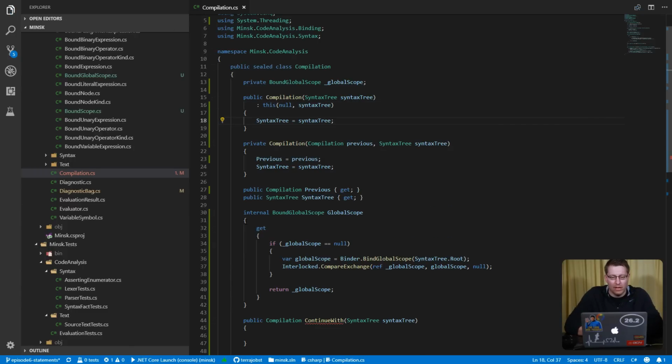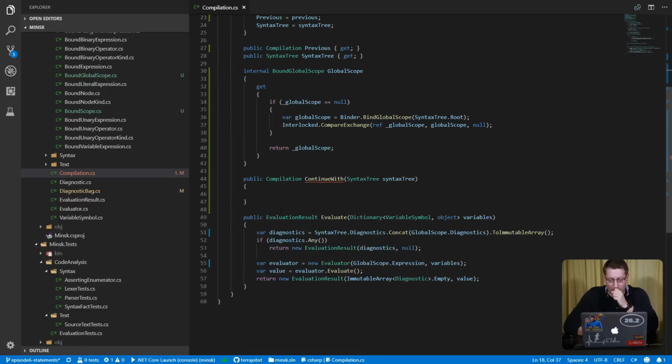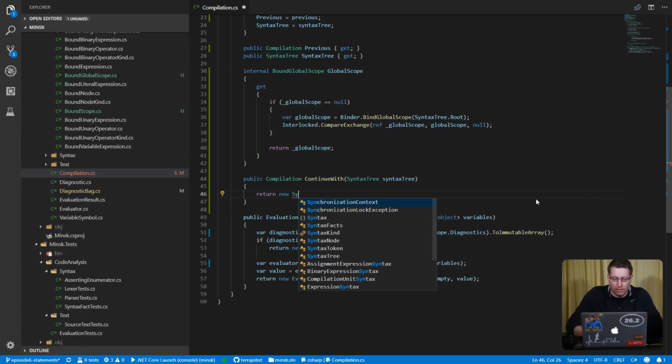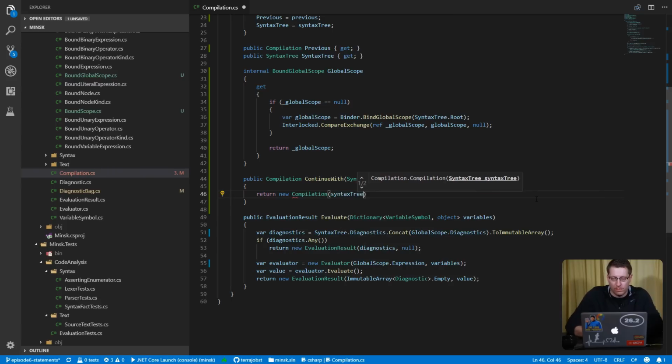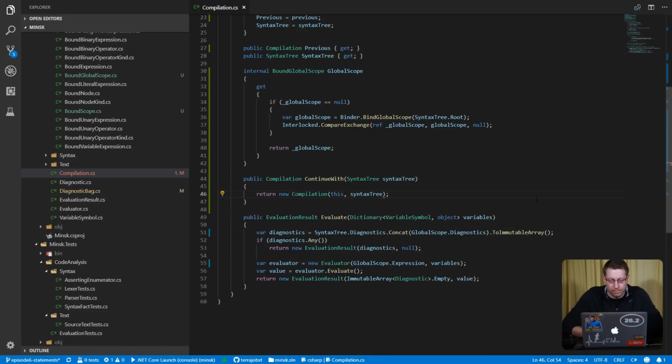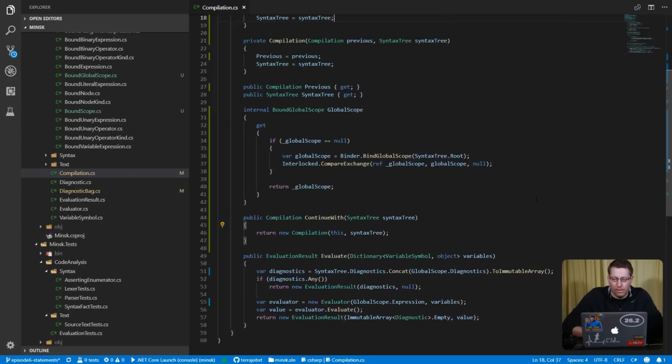Why do I do this? I don't know. I think it's somewhat nicer if people don't just pass in values there. But strictly speaking, it's not required. Syntax, no, compilation, syntax tree, no, this syntax tree, right? All right, so